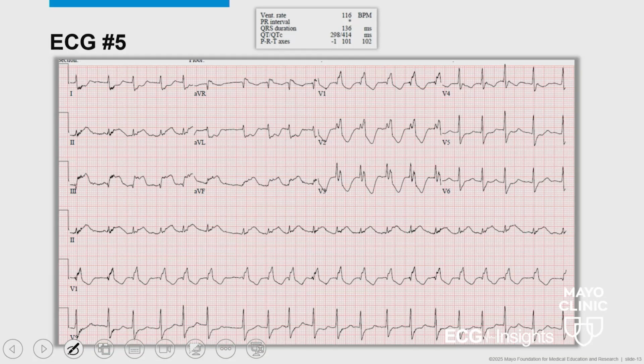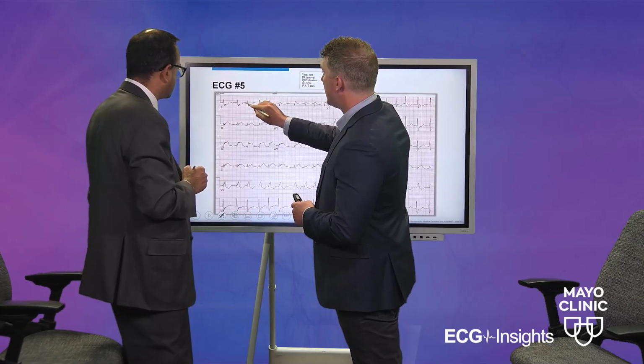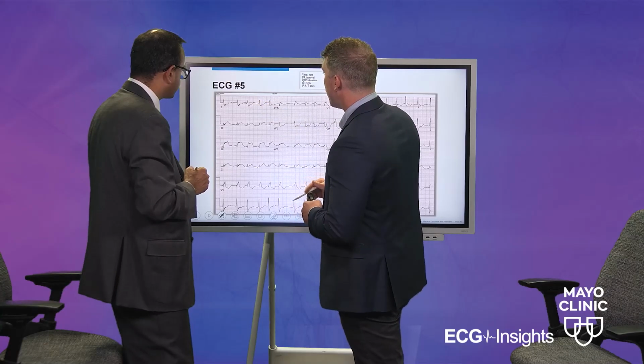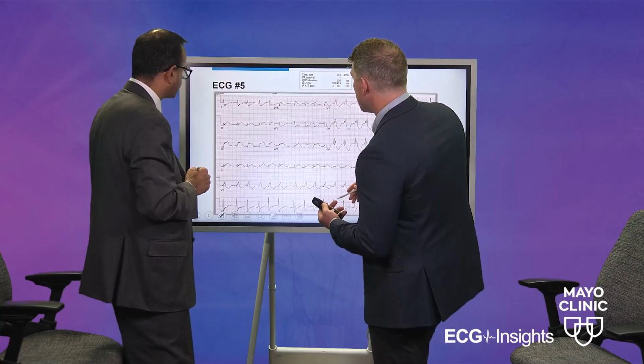Perfect. Now, getting into this particular ECG, we're adding in a little something extra: we have ST elevation and ST depression, but we also have a wide QRS complex based on our measurement, and our heart rate is faster, and our computer's having a hard time picking up a P wave. Yes. So when looking at lead 1, AVL, if you're looking at your PR segment, looking for your baseline, you have ST depression and J-point depression here as well.